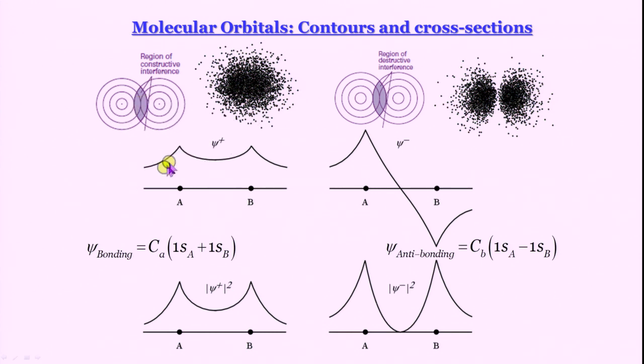These are the contour diagrams, this is the profile like a circus tent, and here you see this kind of a profile where you get a node. So, in the bonding orbital the wave function has no node, in the antibonding orbital you do have a node. If you take psi square, then you get this more well-defined circus tent as the profile. Here you have 2 separate tents, 2 people who want their own individual tents, that kind of a function is there. So, now the rudimentary discussion that is there in most textbooks is that here you end up increasing electron density between the 2 nuclei.